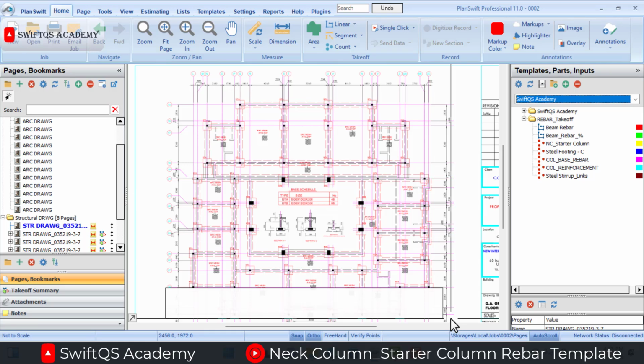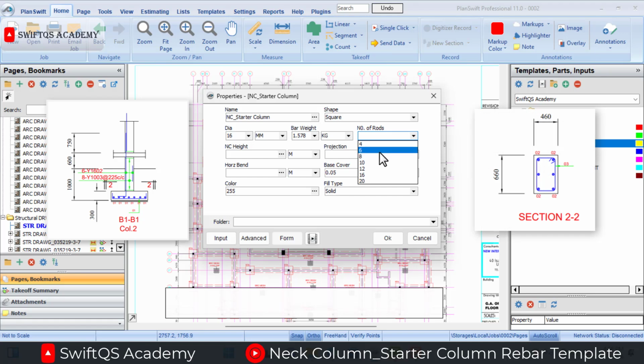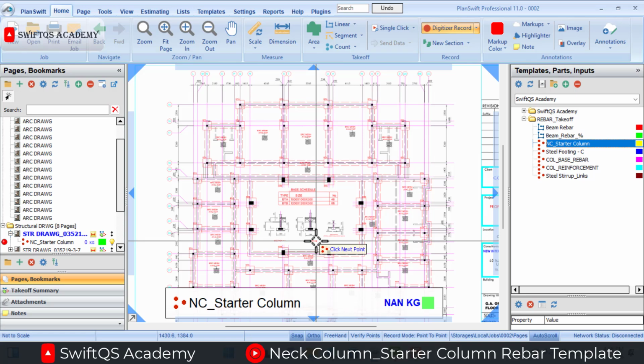But as usual, before we begin building the template, let me very quickly show you the completed template first. I'll then provide the details: 16 mm dia and then the corresponding bar weight, and then the number of rows, 6 numbers. I'll provide the neck column height 1.6 meters and then the projection 0.75 meters and then the horizontal bend 0.3 meters. And lastly, the base cover. I'll then click on OK. I'll then highlight,